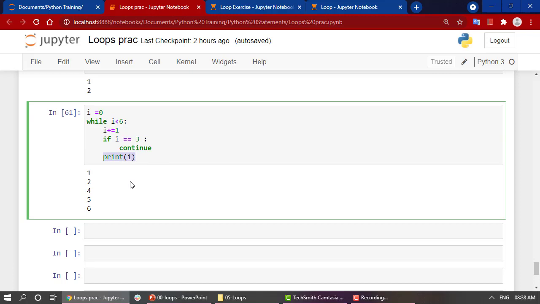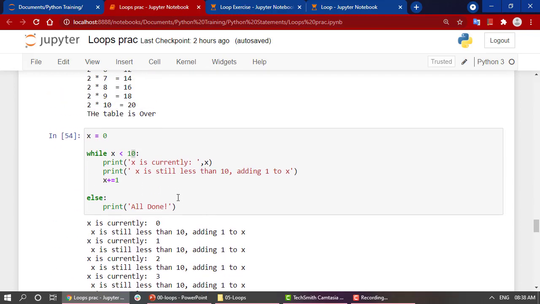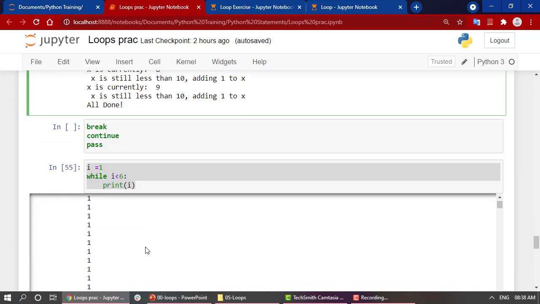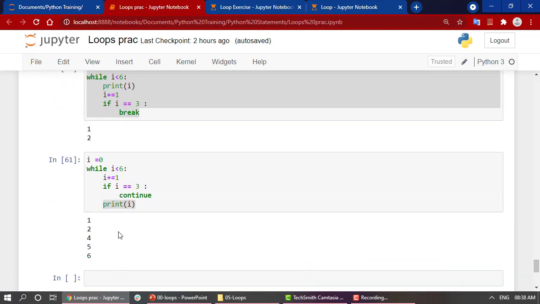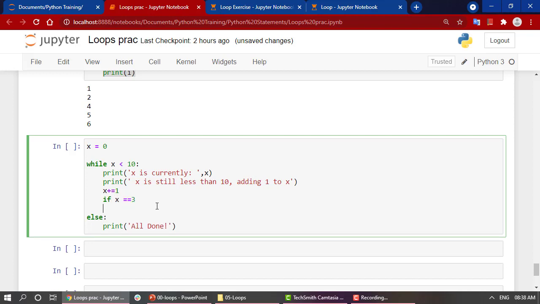Let's take our last problem that we solved and try to edit it. So let's take this, and what I'm going to change is quite similar. If x equal to 3, then it will print x equal to 3.